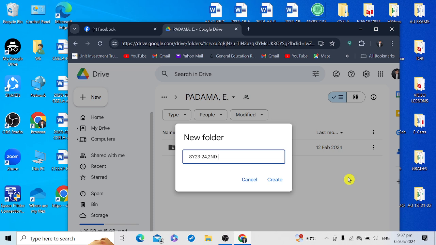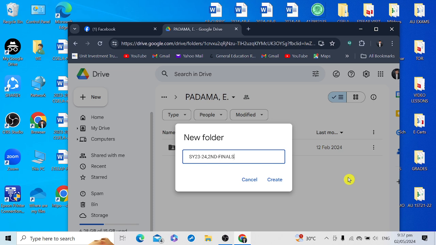And then after this, we're going to include the grading period. So it's either prelim, midterm, semifinals, or finals. If this is your final grade sheet, then we're going to use finals. Okay? So how are we going to interpret this?